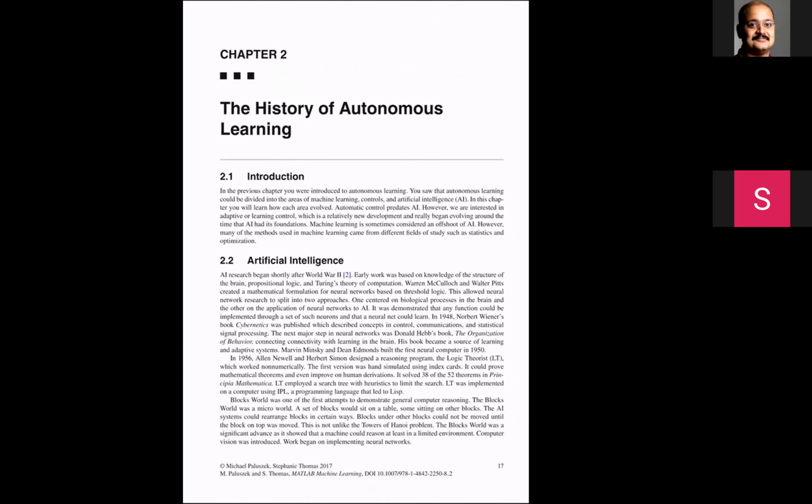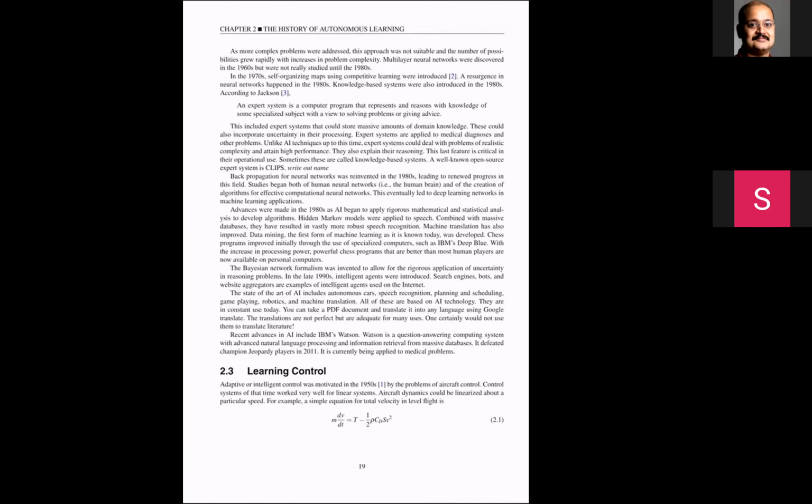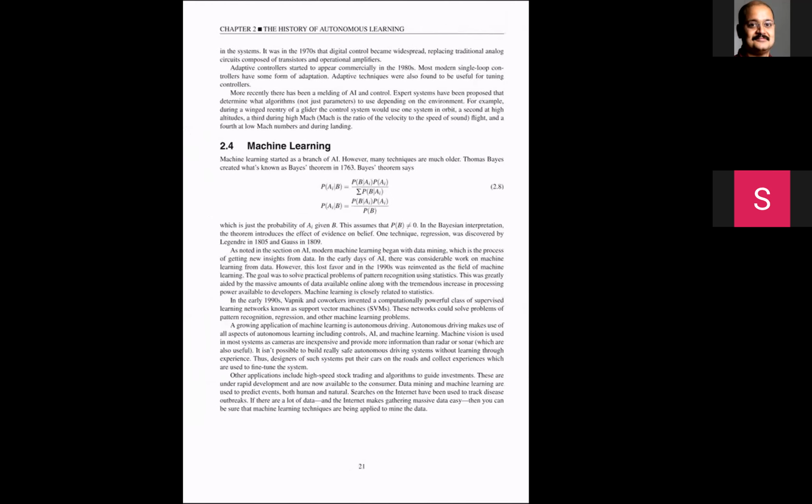Second chapter is about the history. So please understand, machine learning is one of the branches of AI. If someone asks what is the difference between AI and machine learning, the answer would be machine learning is part of AI. In AI, you have search, you have a sort, and there are different types of algorithms in artificial intelligence. AI is like how can you make machines work, think smarter, and machine learning is a subset of AI techniques. It talks about the control.